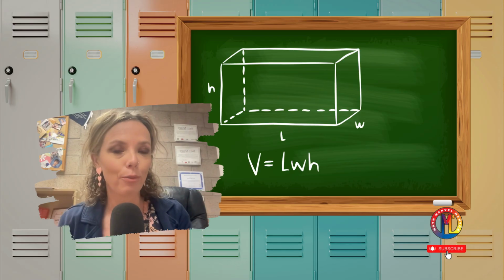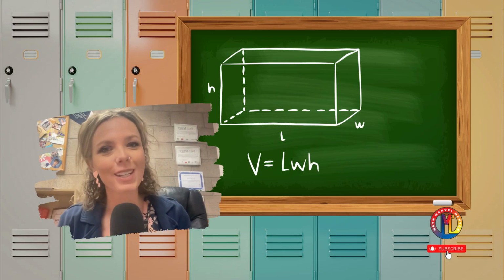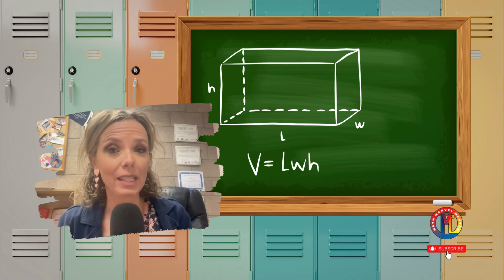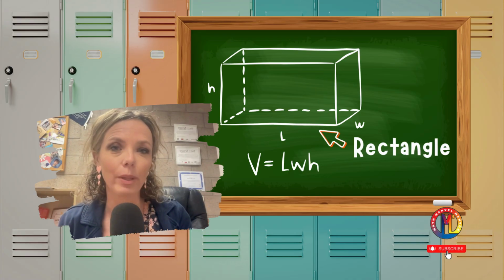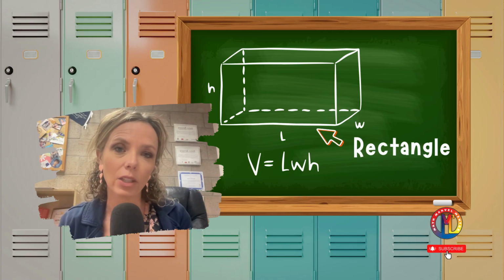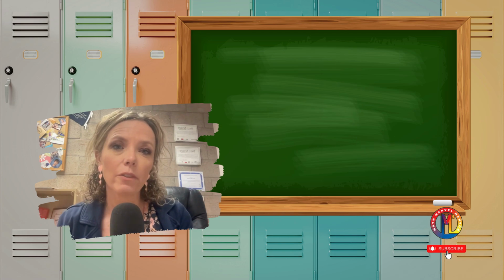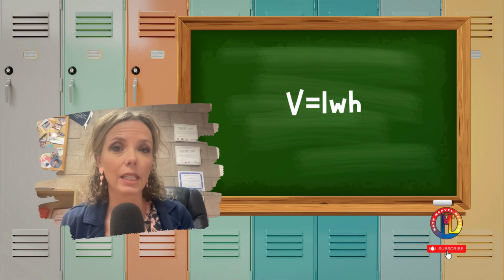And since we're doing rectangular prisms, today will be quite simple because all of our bases are going to be rectangles, and we know that the area of a rectangle or a square is length times width. And so the formula for finding the volume of a rectangular prism is simply the length times the width times